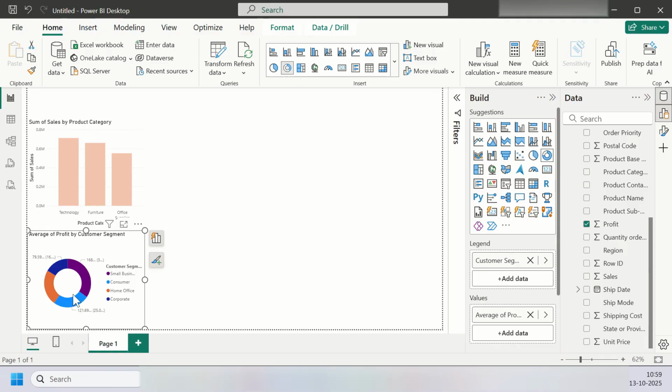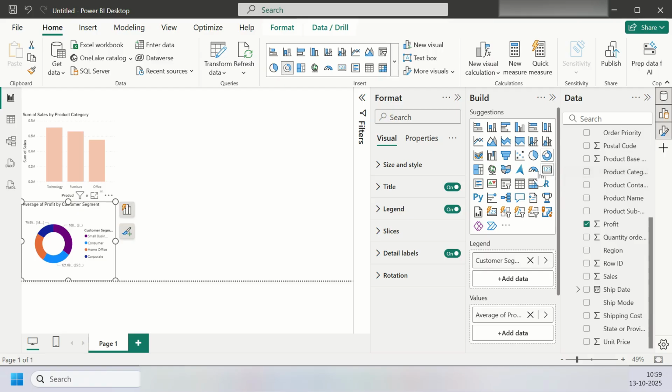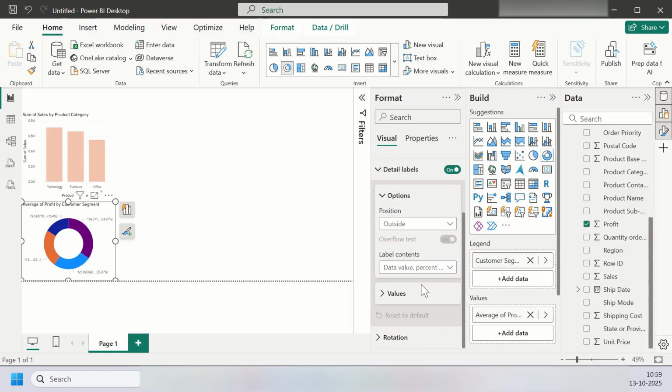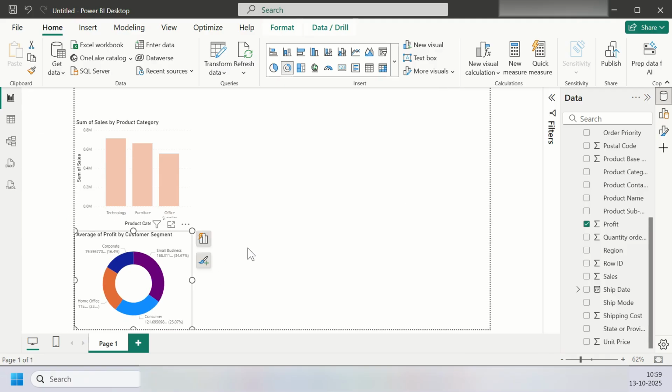First, let us make this more readable. Okay, so I'm going to do some formatting here. So let me click on the format option. Let us remove the legend. Okay, in the details ribbon, click here and select all data labels. So now you can see this is much more readable. Let's close these. And now you can see the small business has the highest average profit, 34.67%, followed by